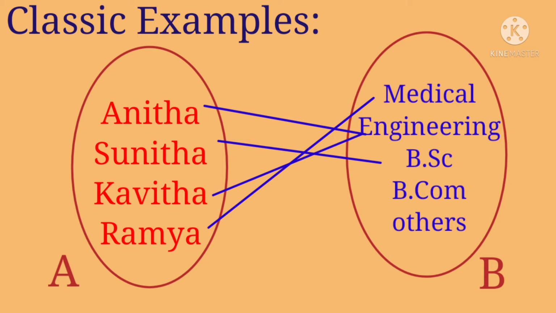From these examples, we have come to an idea that two students can choose one degree, but one student can't choose two degrees. So this is the best example to understand the function, in which every element of A is related to some element in B. In short, every element in A should have an image in set B, and it should contain a unique image, a different image.